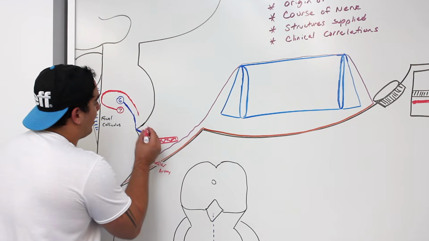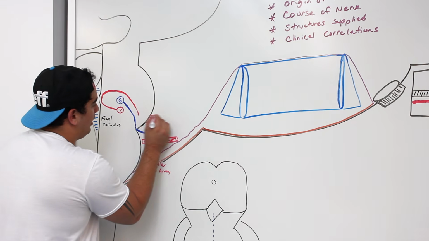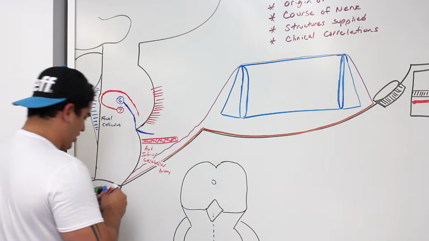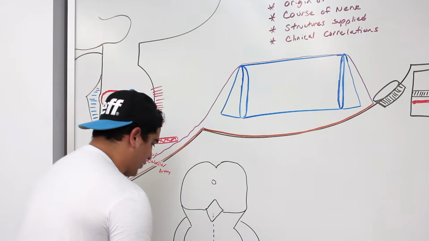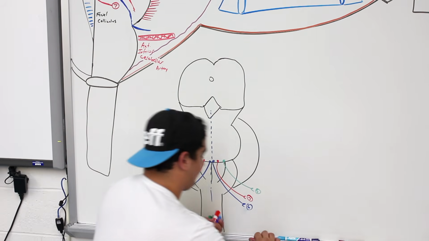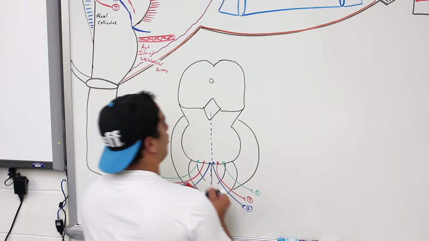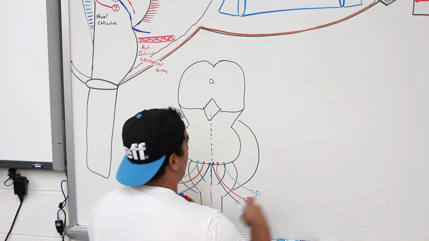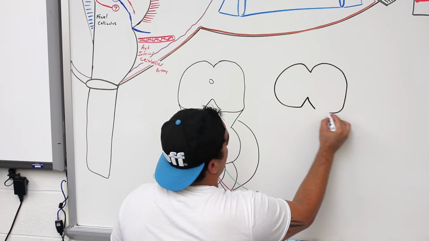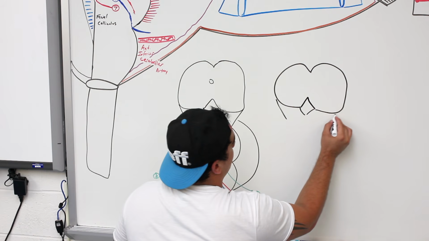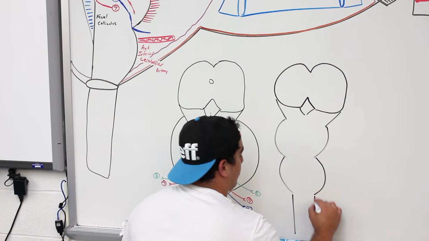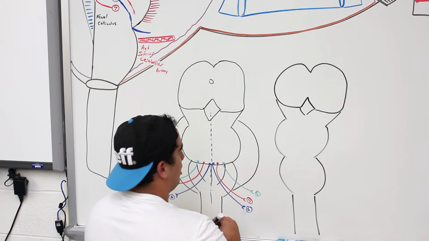Now, a little bit above it, there's actually going to be some pontine branches here, which are branches of the basilar artery. So here, let me show you what I'm talking about. Let's come down here for just a second. Let me draw another cross section real quick. So if I draw another cross section here is the midbrain. Let's come back there, and then like this, pons, medulla, and then spinal cord, right? Okay, a little bit of a tilt there, but